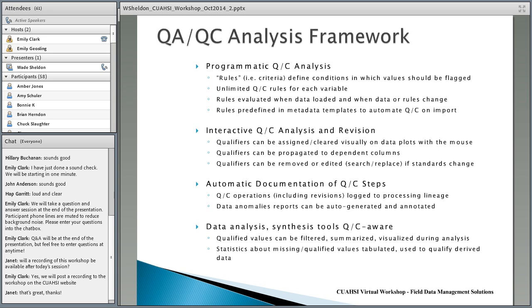All these operations, including revisions to data and flags, are logged to a processing lineage. And you can also auto-generate a data anomalies report to go with the metadata, describing what flags are assigned to variables over date ranges. And the last feature I wanted to call out is that the data analysis and synthesis tools that are provided with this toolbox are all quality control aware. So the real missing link in a lot of environmental data management software is that qualifiers can be assigned a wide variety of ways, but very